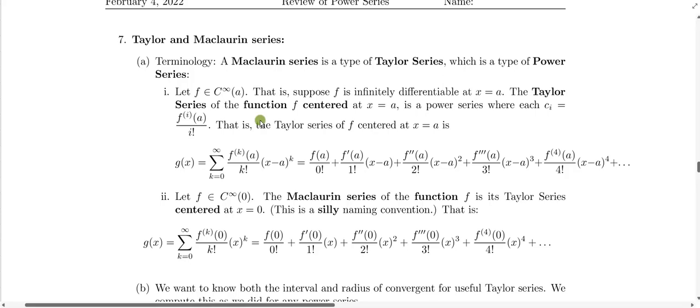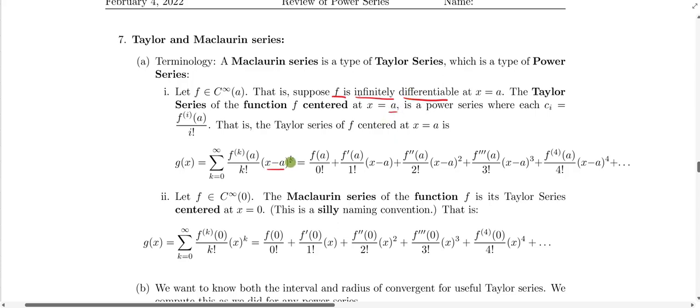A Taylor series is a power series where we take some initial function that we're given, f, some real valued function, and we assume that it's infinitely differentiable. What I mean by that is I can take as many derivatives as I wish at some point a. So if I've got an infinitely differentiable function, then I can construct a Taylor series centered at some point a,